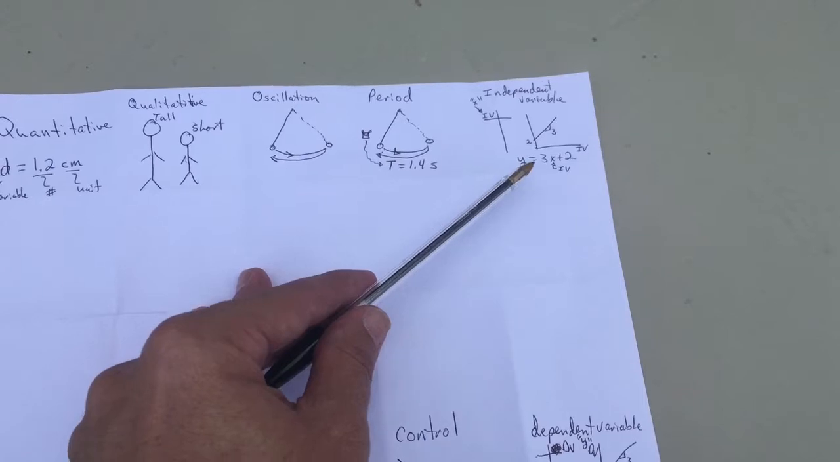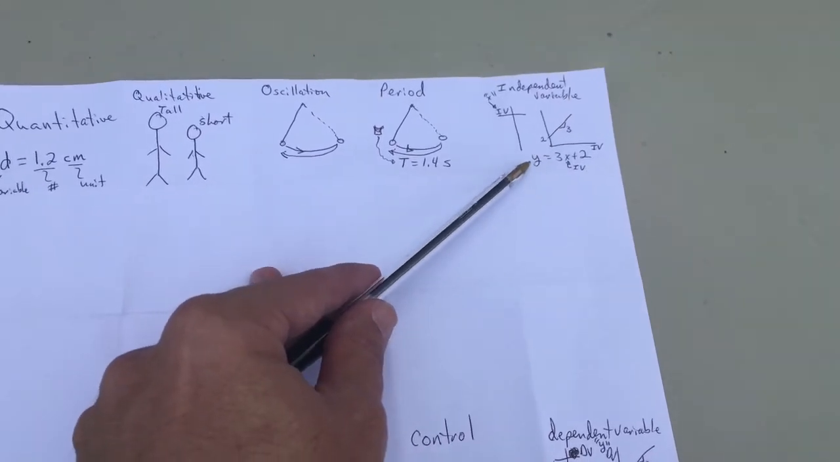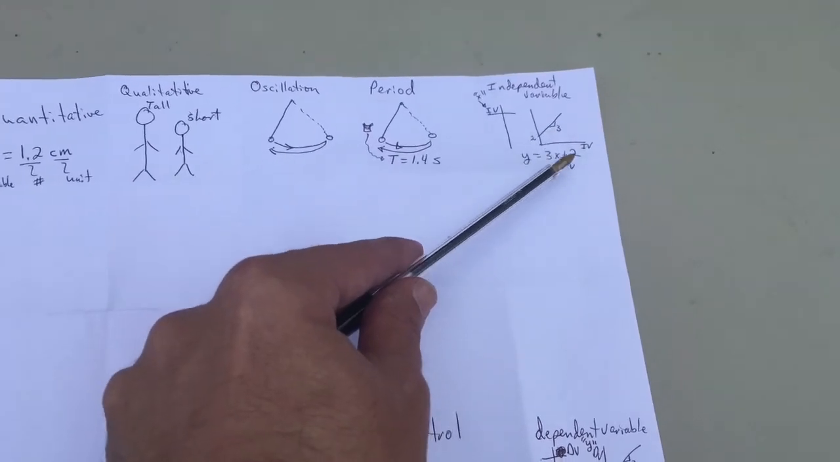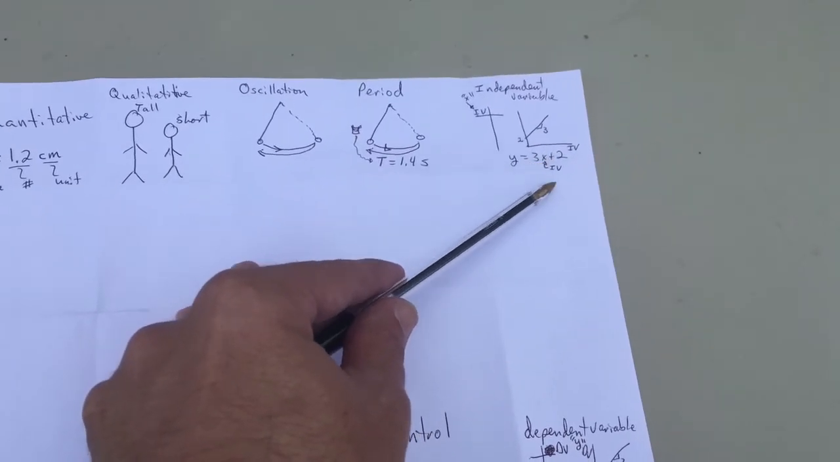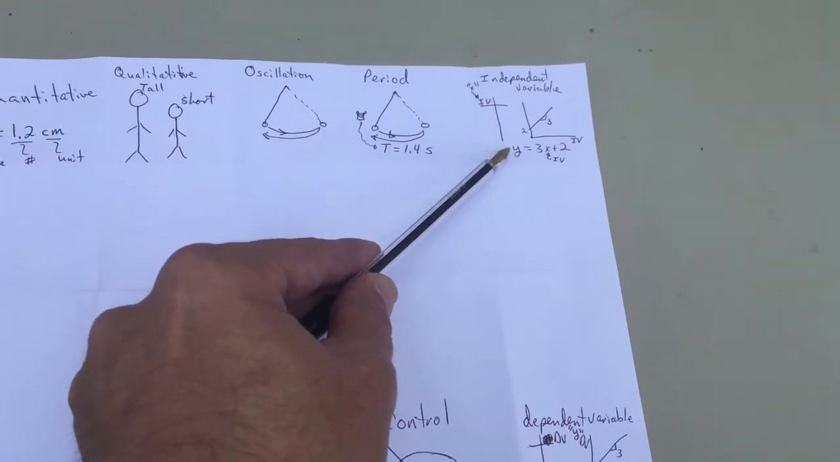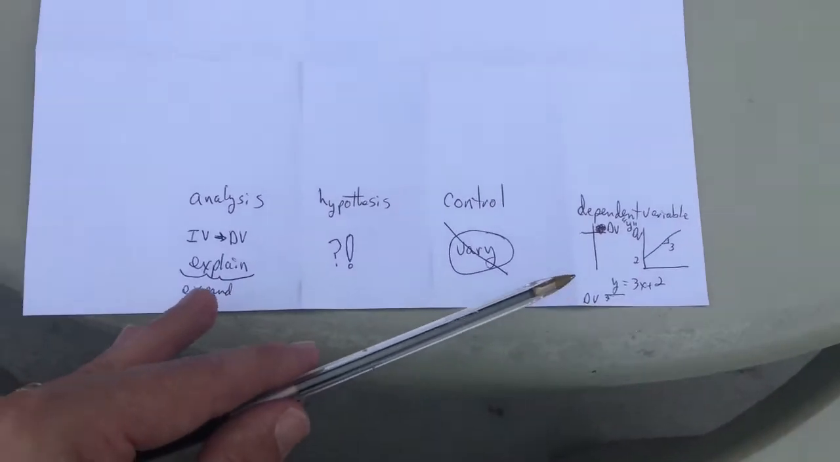So if we had an equation, a line representing our data, y equals 3x plus 2, the independent variable is usually on the right side of the equation, because we're going to put in our independent variable, and it's going to give us an output that's our dependent variable. So our dependent variable,